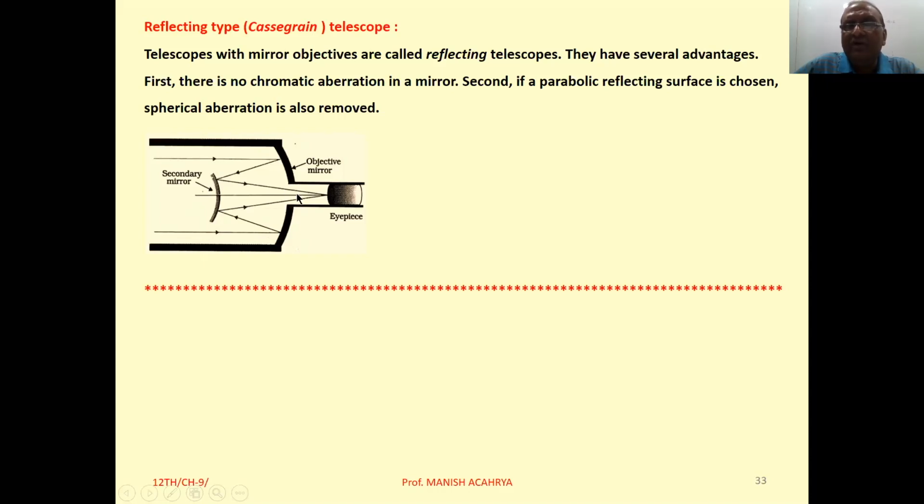A hole is made here in the middle. So the rays which are reflected from the secondary convex mirror pass through that hole and you can observe it